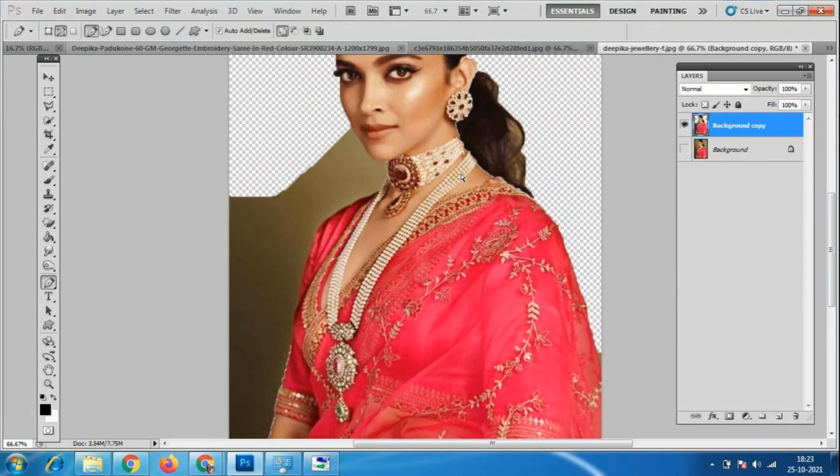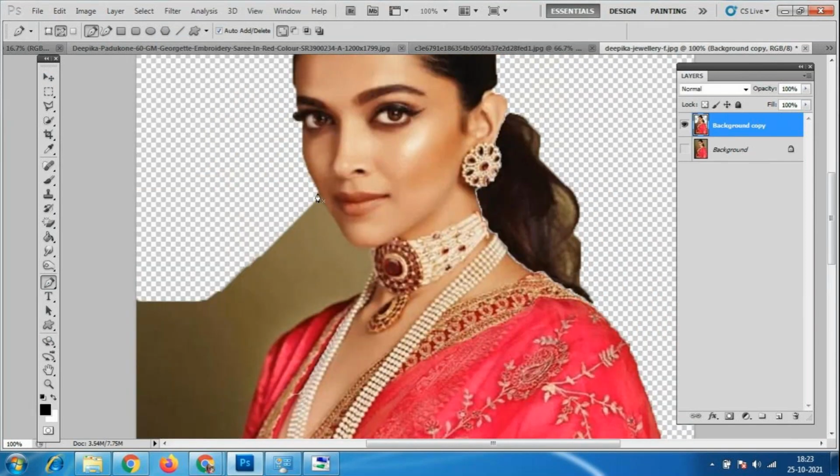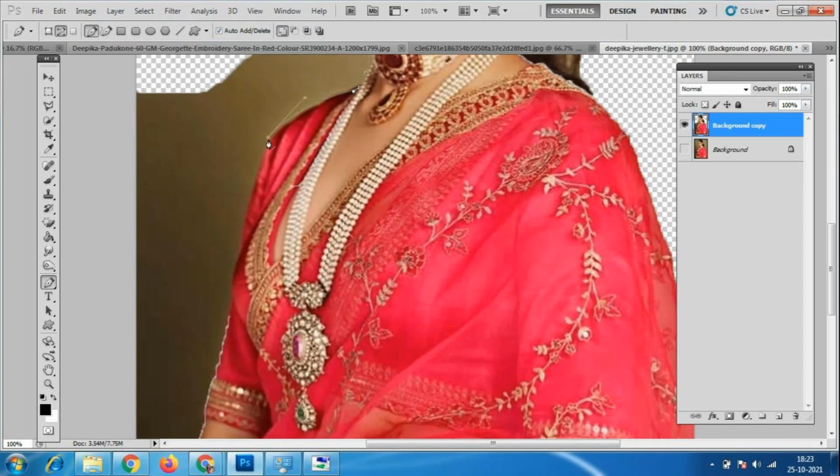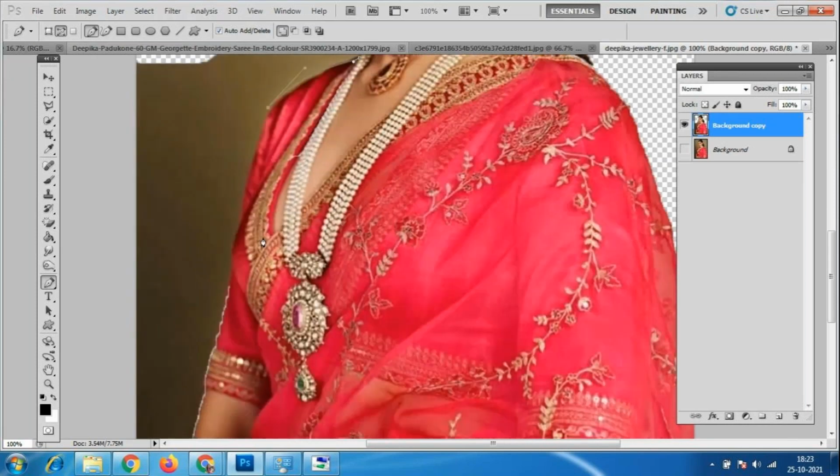So what I have to do, I'll just go to here, some of the things. Slowly, because we should do this kind of work neatly. So already you people know how to use a pen tool. Alt and the middle mouse, we have to cut this anchor point, and look at this, we have to add this curve shape.